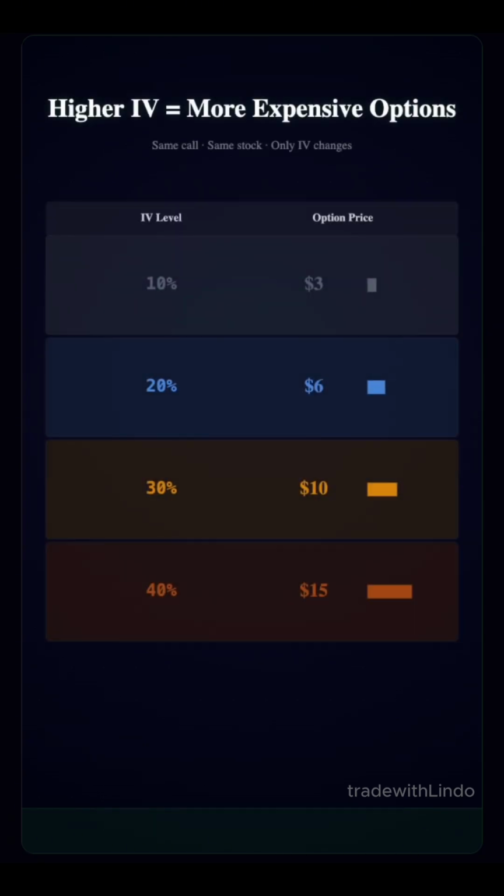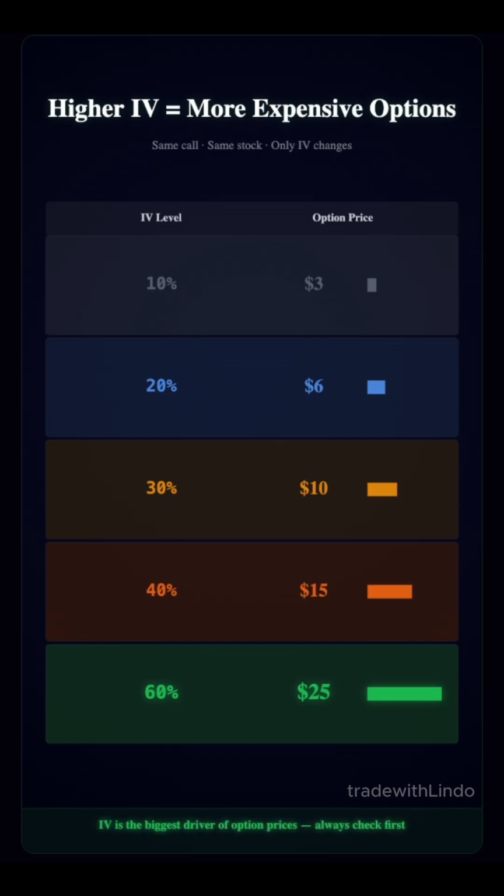Here is the most practical thing about IV. Look at this. Same stock, same call option, same expiration date. Only IV changes. At 10% IV, the call costs $3. At 30% IV, it costs $10. At 60% IV, it costs $25. The stock never moved. Nothing else changed. Only IV changed. This is why you need to check IV before buying any option. You might be buying at $25 when the fair price